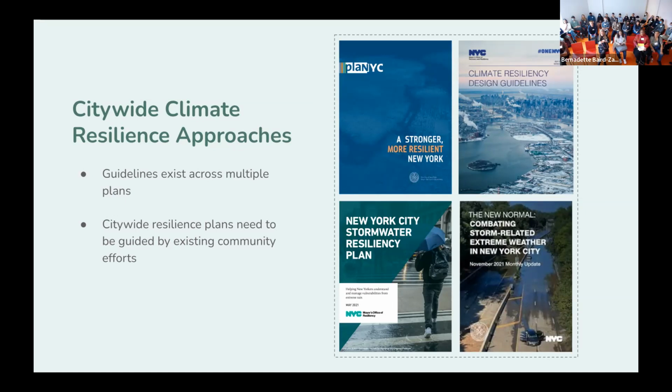I think sometimes, at least when I read these plans, it can be hard to find your community or your neighborhood in a big plan like this. Do these plans really take into account the work that has already been done in your neighborhoods to get yourselves on track for climate resiliency in New York City? So to me, it's really important for these citywide resilience plans, which exist in multiple different agencies, to be guided by community efforts. In this way, we can make sure that larger city plans are not replicating what's already happening on the ground, or worse, overriding local context as we plan for larger strategies.